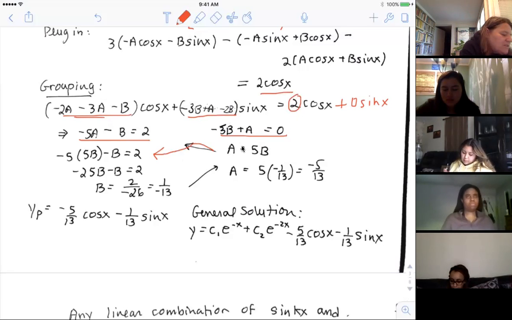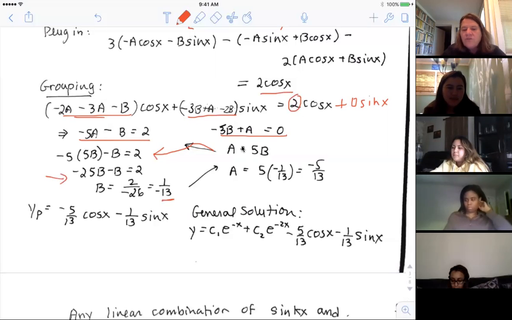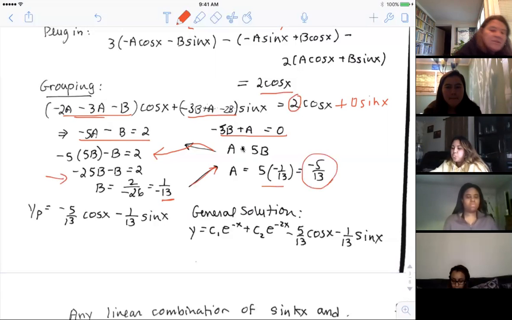So I've got minus 5 times a, which I know to be 5b, minus b equals 2. If I multiply through here, I'll wind up with minus 26b equals 2. Hence, I divided by minus 26 on both sides, and I got b was minus 1/13. So I've determined one of the coefficients already. Now it's easy to find a. Go back up to here. You know that a is 5b. b is minus 1/13. So I get that a is minus 5/13.